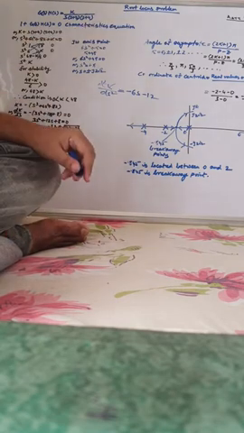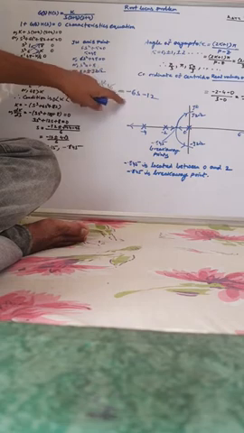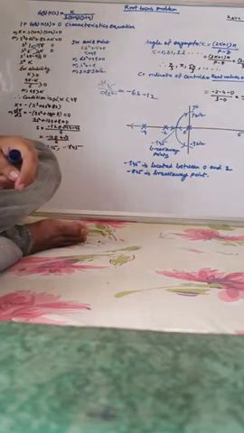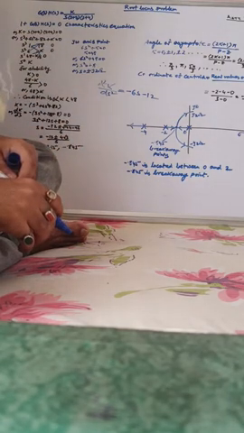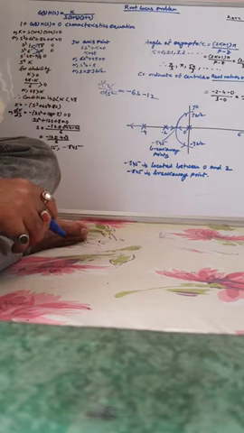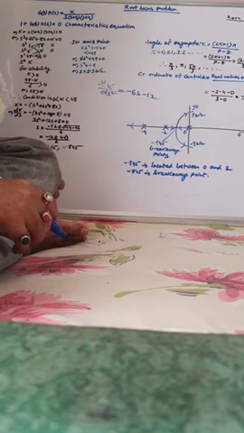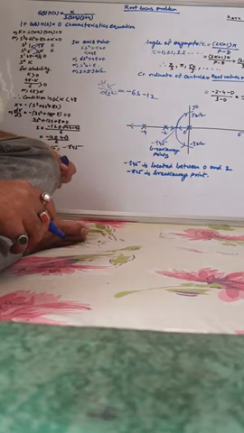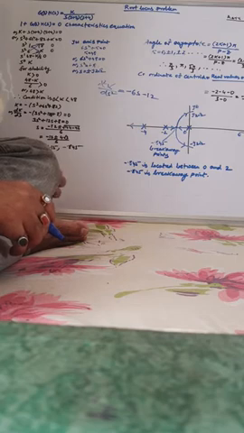Now you have to find out the angle of asymptotes. Later we will work on it. So we will have to find out the angle of asymptotes, that is (2k plus 1) into pi divided by number of poles minus number of zeros. So the poles are 3, minus 0 zeros. So (2k plus 1) into pi divided by 3 minus 0. So pi by 3, pi, 5 pi by 3. These are the angles of asymptotes. And the coordinate of the centroid equals sum of real values of poles minus sum of real values of zeros, divided by number of poles minus number of zeros. So 0 minus 2 minus 4 minus 0 divided by 3 minus 0. So minus 6 by 3 is equal to minus 2.